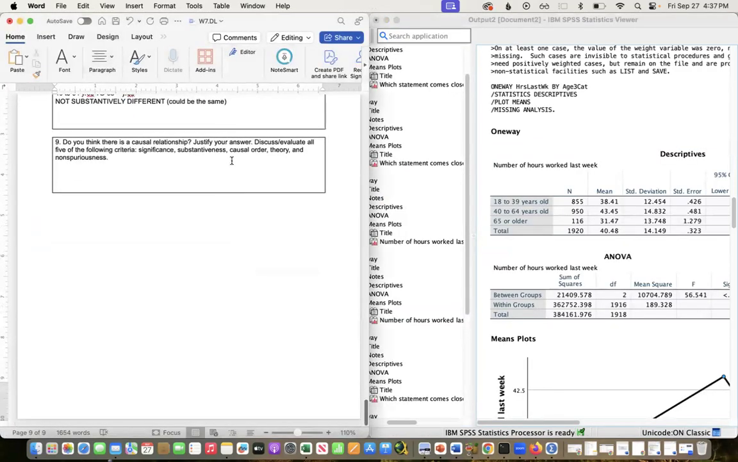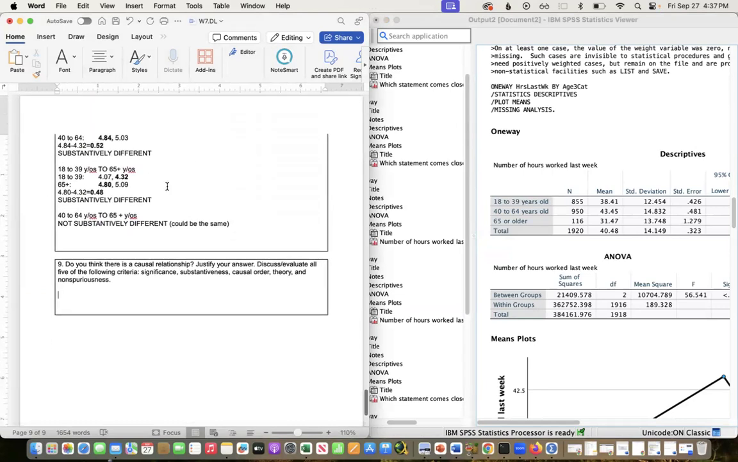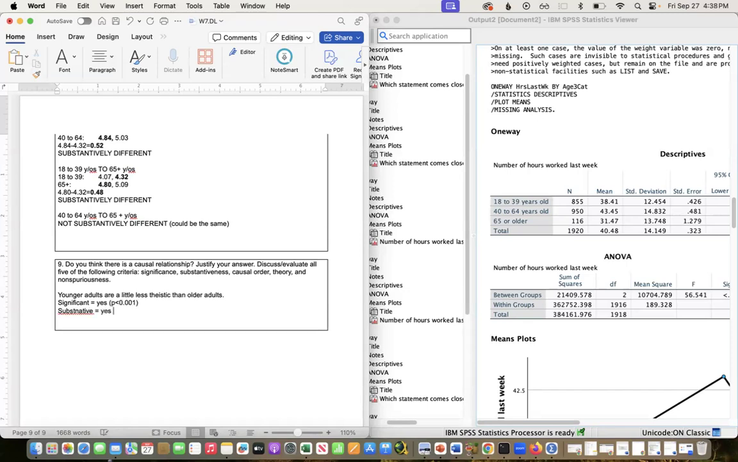Do you think that there's a causal relationship to justify using all of these? So we're saying, does age influence your level of theism? It doesn't need to be that all of them are different. What we're saying is that younger adults are a little less theistic than older adults. So, sure, why don't we go with yes? So it was significant, substantive,